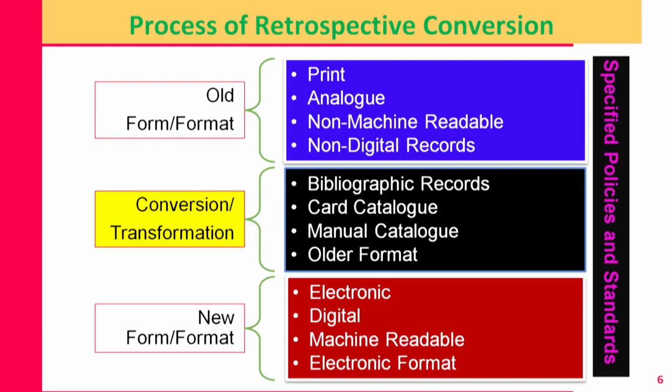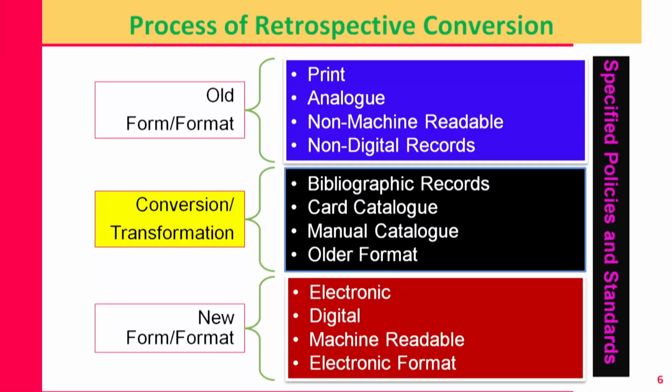Here the old format, the old form of the catalog, all the formats where the entries are made, we can call them print or analog, or non-machine readable format or non-digital records. So these are the four synonyms we can use, that we are using something like print material or something recorded in a print format which a machine cannot read. So there is a group of non-digital or non-machine readable, print or analog resources which has to be transformed, converted or changed from that format to